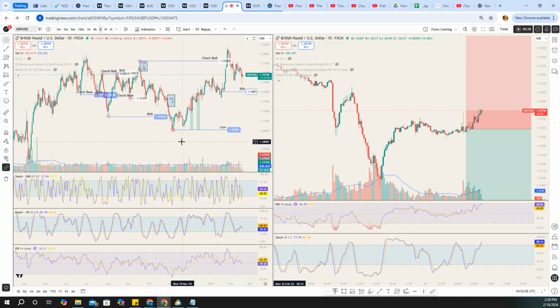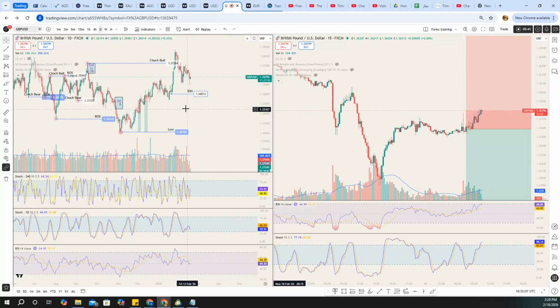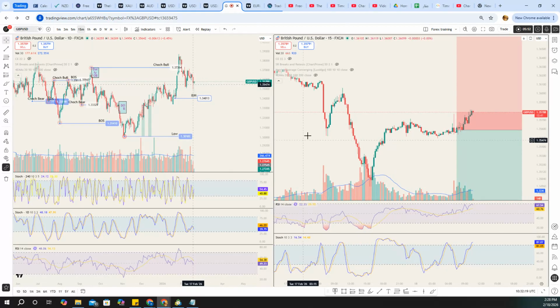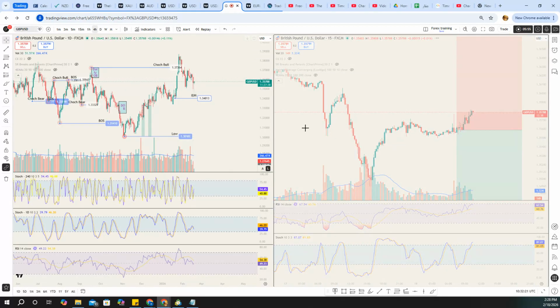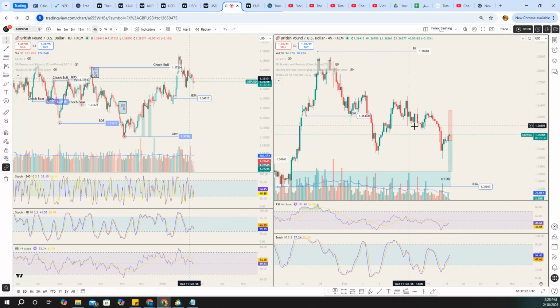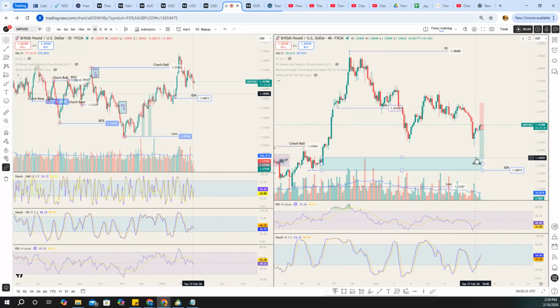So let's check the daily. The daily market structure is that it is going down to this liquidity, to this inducement, the liquidity under the inducement. And so it is going down on the daily and the 4-hour GBP USD. The magnet is that it is going down to get this 4-hour order block to go up.